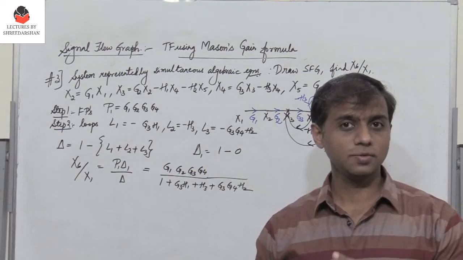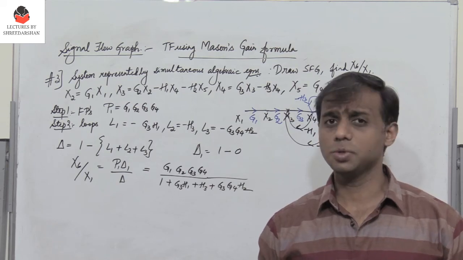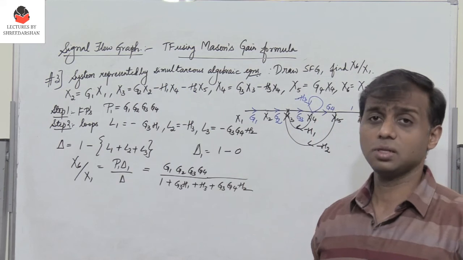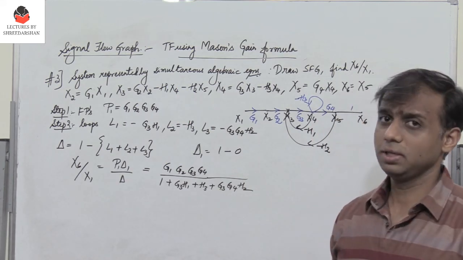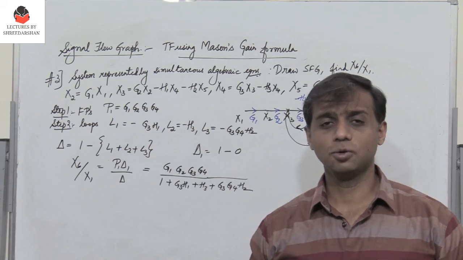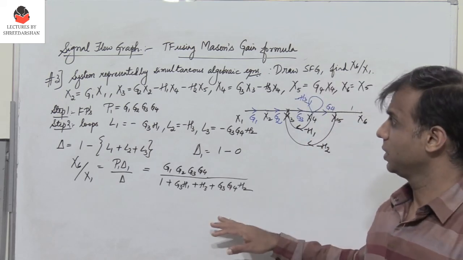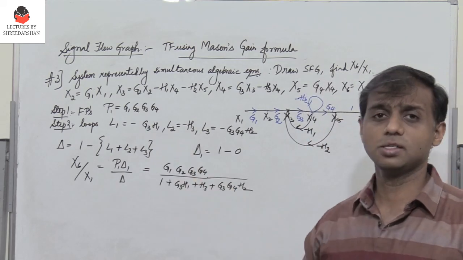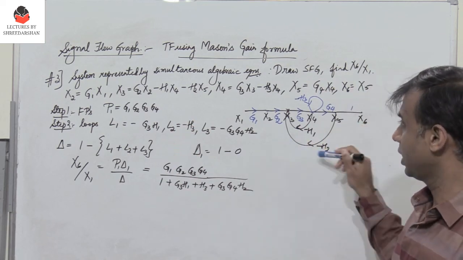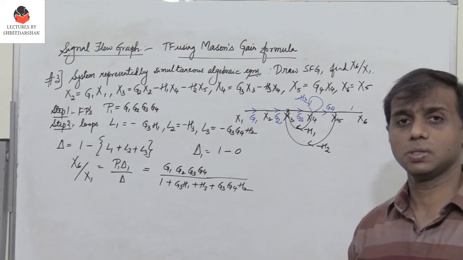So in this lecture we have solved 2 problems, and in the next lecture we shall solve 2 more problems regarding signal flow graph representation, and also to find the transfer function of the signal flow graph. We shall take an electric circuit and we shall take a problem similar to this where we have a set of algebraic equations and how we can represent the signal flow graph and then find the transfer function.